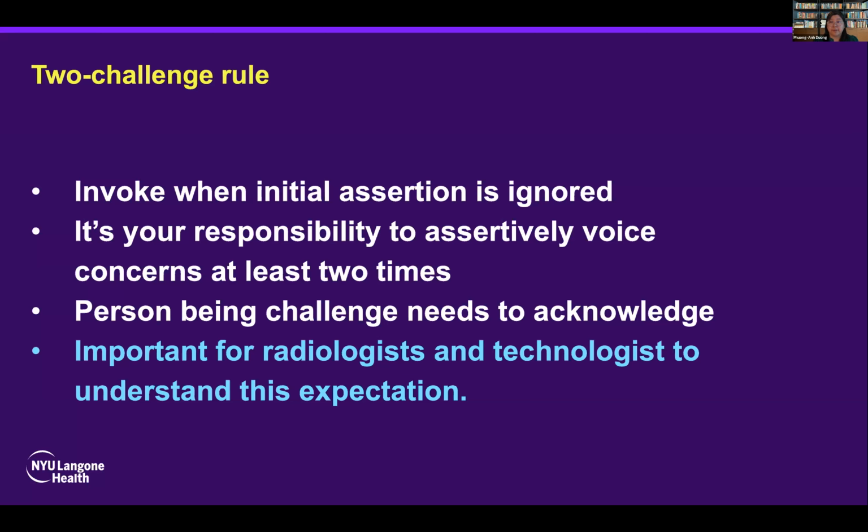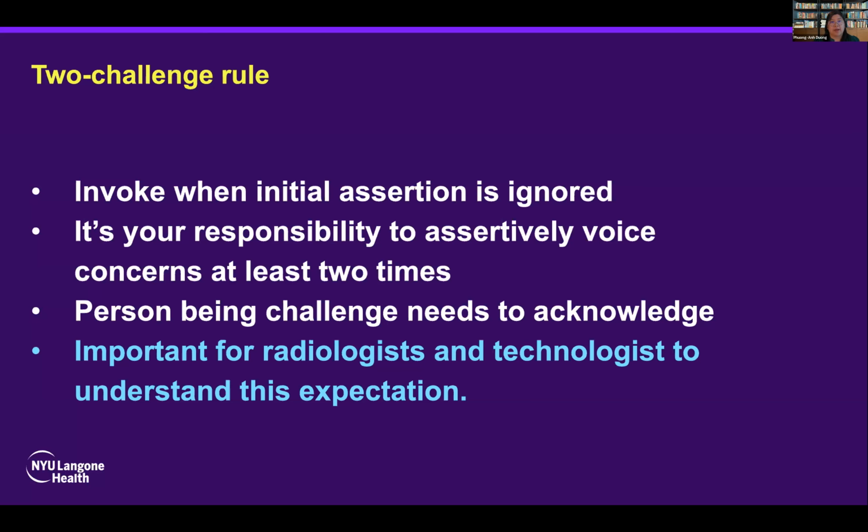If they had ignored her, it is expected to bring that up again and challenge, bring up the concern again and say, I'm concerned about this patient because you're doing the wrong side, and that person who is being challenged needs to acknowledge that communication. So I think it's important, again, to establish this as something that we do when we're advocating for our patients. We're not trying to be disrespectful, challenging people. We're trying to advocate for our patients, and we're going to continue to advocate if we think that it's